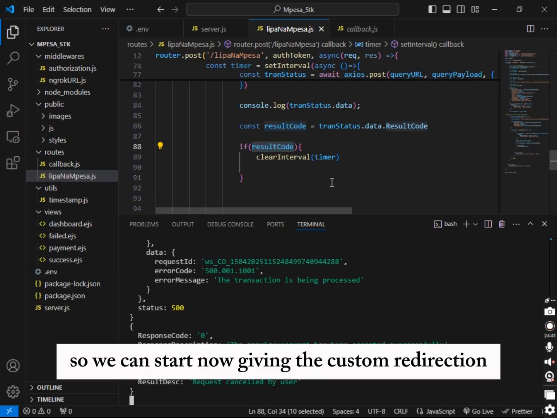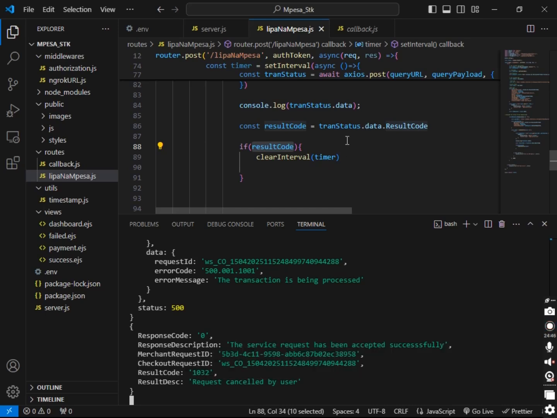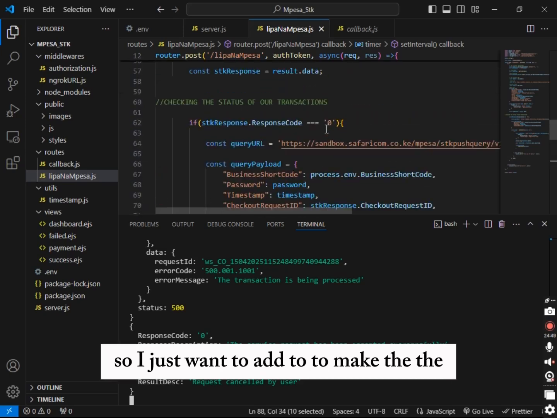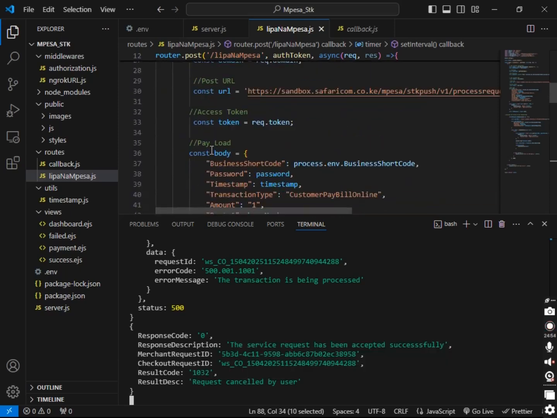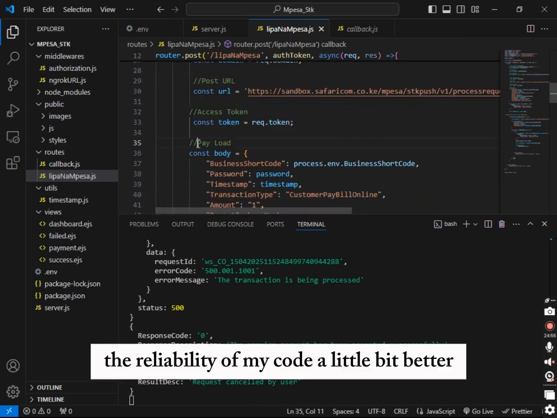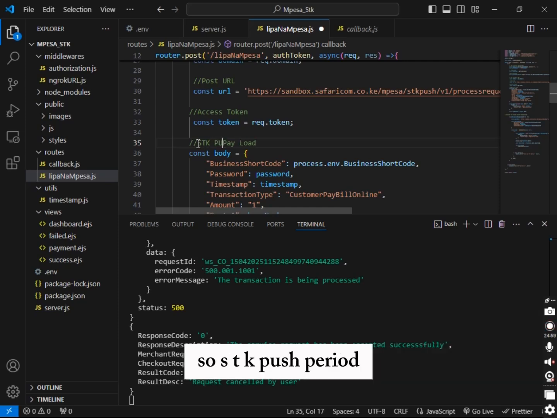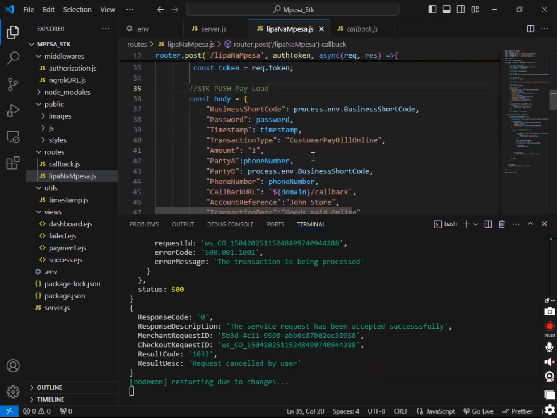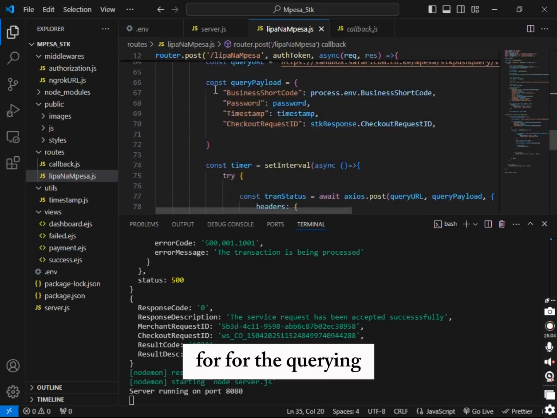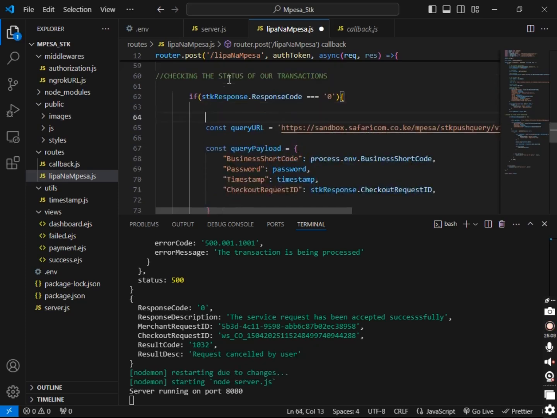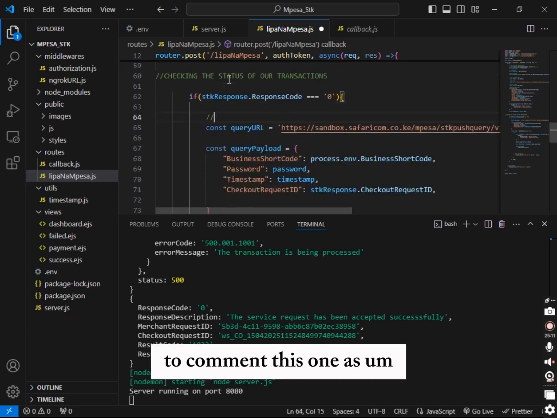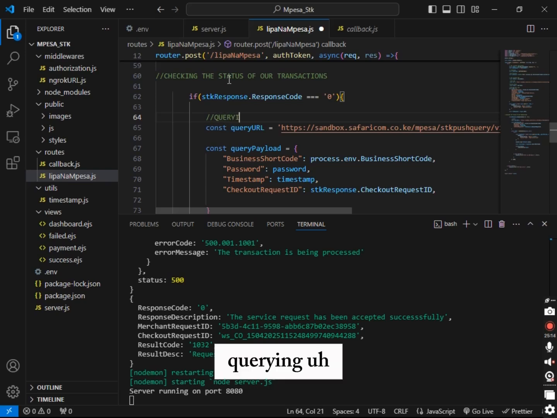So we can start now giving the custom redirection every time we get a result. I just want to make the readability of my code a little bit better. So for the STK push payload, and then for the querying, I'm just going to comment this one as querying transaction status